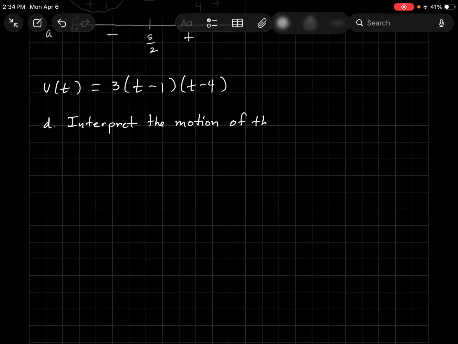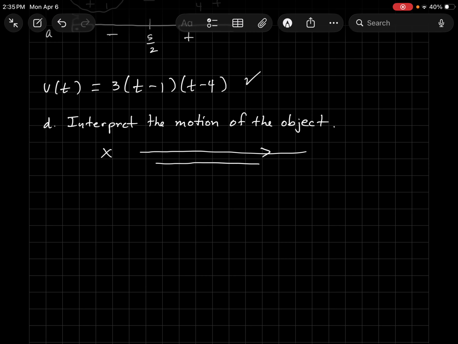So when we are interpreting the motion of something, generally speaking, I'm looking at velocity. And so what I want to find out here when I say interpret the motion is, since I'm on the x-axis, the object is either moving right, moving left, or stopped. So how do we know when the object is moving to the right? If I place some values down here, like if this was a number line,